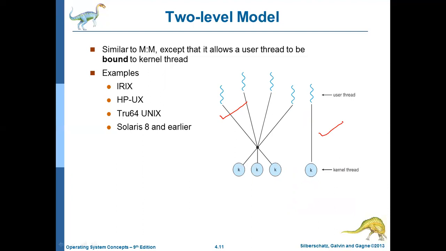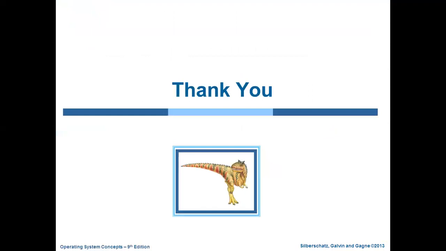This is very similar to the many-to-many model, except that it allows a user thread to be bound to a kernel thread. So once the mapping takes place, if one user thread, or two or more user threads, are mapped onto one kernel thread, that mapping will be bound. You cannot change it. So this is the two-level model. With this, we have now completed the basics of threads and the various multi-threading models in detail. So in our next video, we will see the various issues that are associated with the